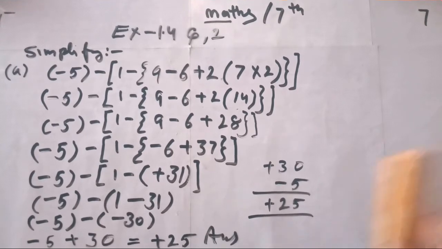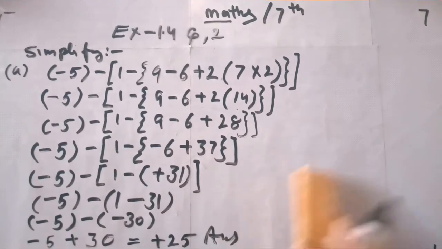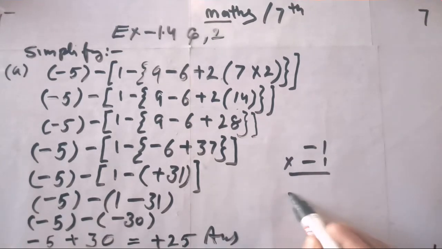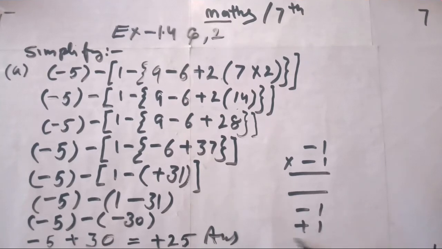right? If there is a mistake then you will check. I think there is no mistake. Sometimes there is a mistake at the end of the book. So we have taken all the steps very carefully. So beta, you will watch one video. Minus 1 into minus 1 is equal to what? Minus 1 into plus 1 is equal to what, right? So you have to watch this type of video.